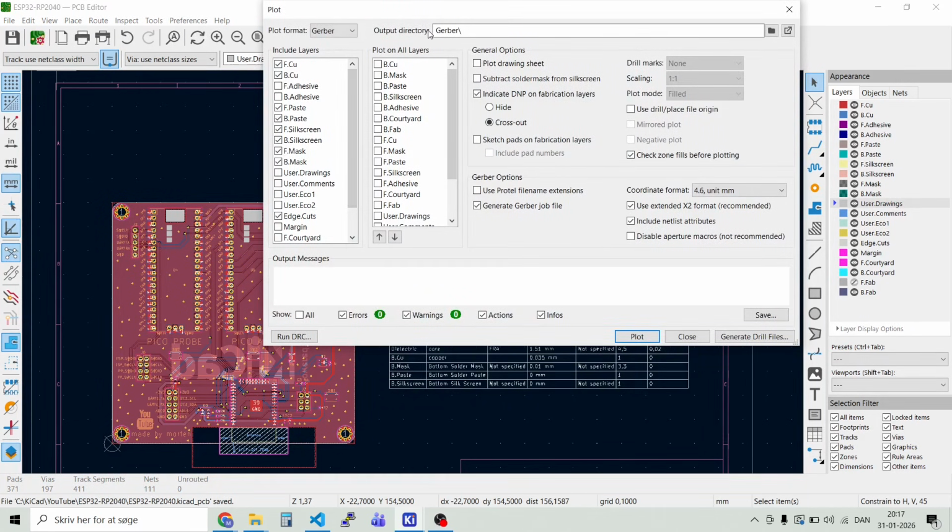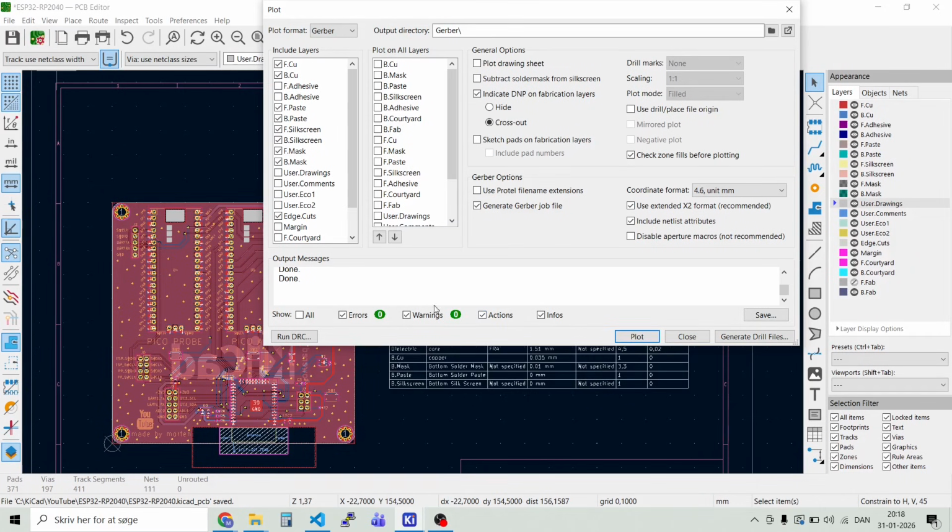And we see here I have inserted an extra path here called Gerber. So instead of filling our initial design directory with all kinds of files, we can just put in here another name for a directory where we'll put all the Gerber data in, because there will be generated a file for each layer that we produce. So let's say plot,